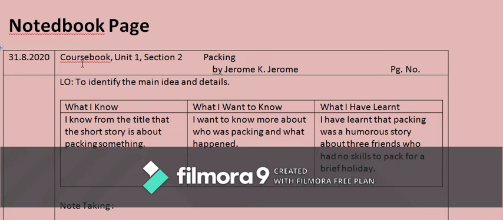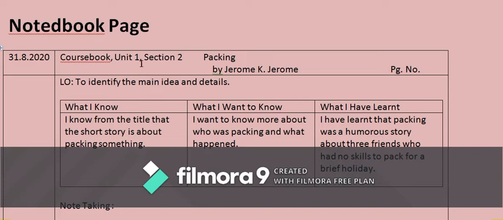Grade 10 has got First Flight, Footprint Without Feet, and Words and Expressions Part 2 workbook. So you can write the name of your book, the unit number, and section number. I have picked an example from grade 7. So it's just an exemplar for everyone to get an idea.